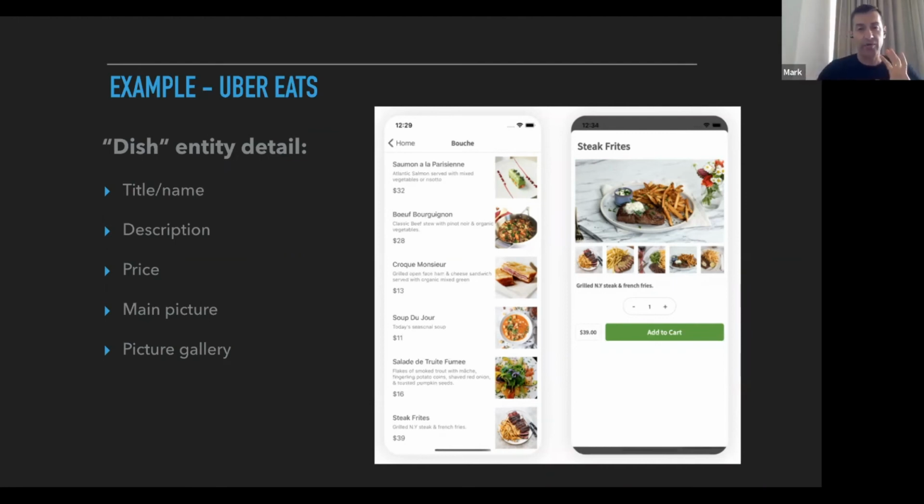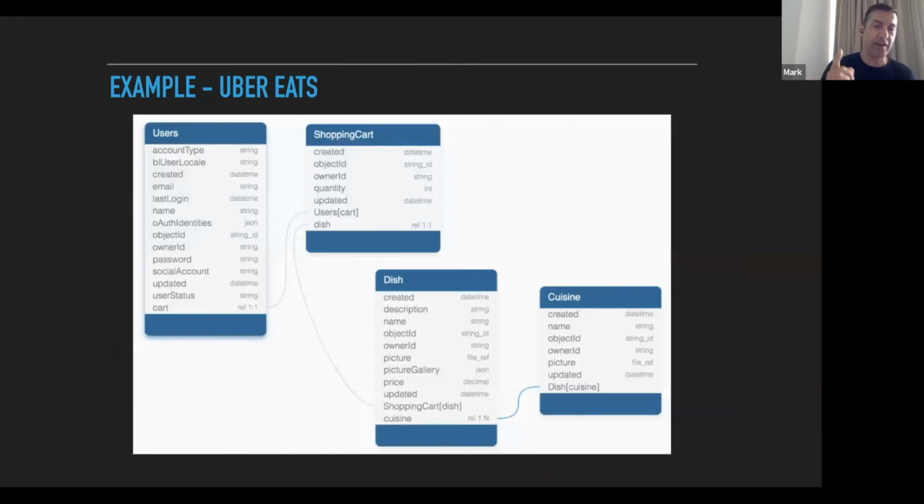Now, with these two slides, and we have 5 screens, if we were to translate everything that we have captured into the database design model, we could have something like this. By the way, this is not entirely correct, as I just saw that I missed the concept of location. So this schema would need to be expanded to have location. But what we already have is a relationship from users to a shopping cart. It is one-to-one, so a single user can have one shopping cart. And the shopping cart